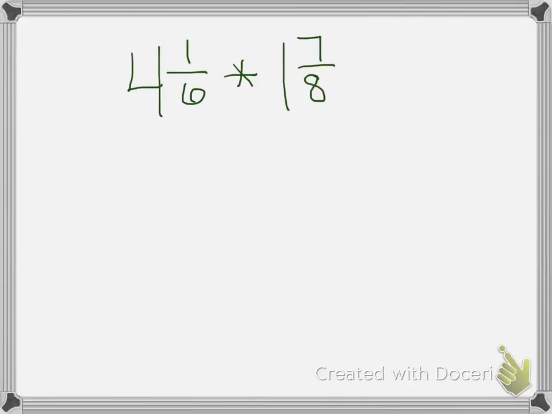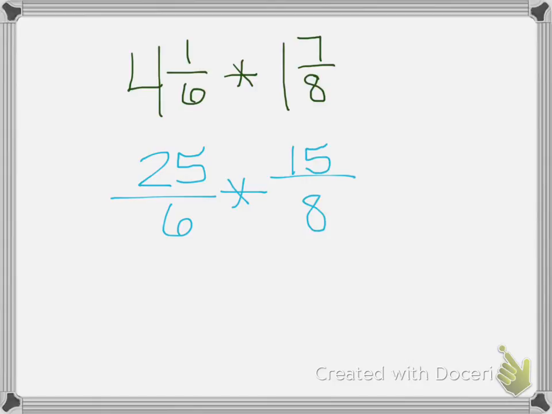Number 2 says solve and show your work. So since both are mixed numbers, I'm going to change them both into improper fractions. 4 times 6 is 24, plus 1 is 25/6, times 1 times 8 is 8, plus 7 is 15 over 8. So now I multiply my numerators and multiply my denominators. 6 times 8 is 48,